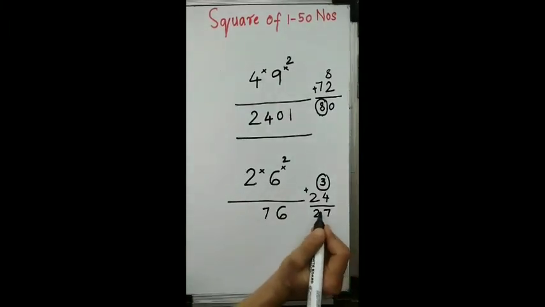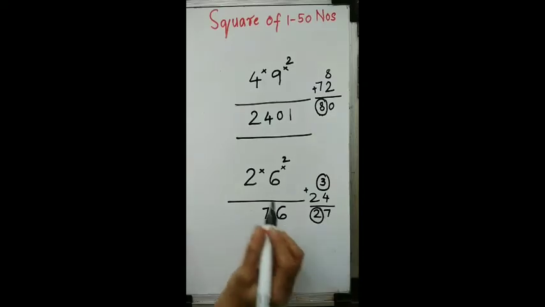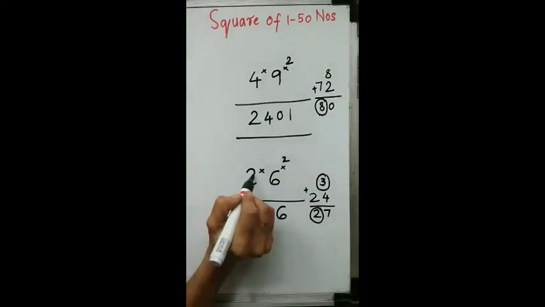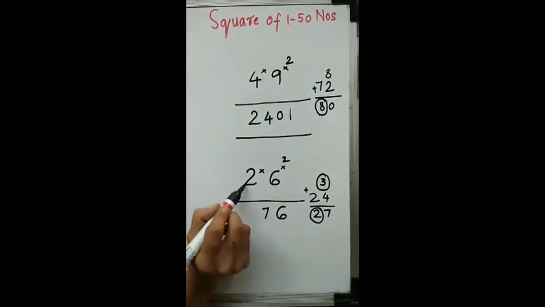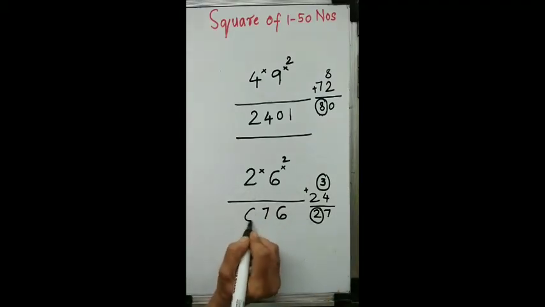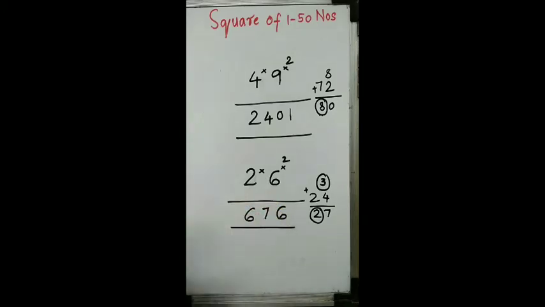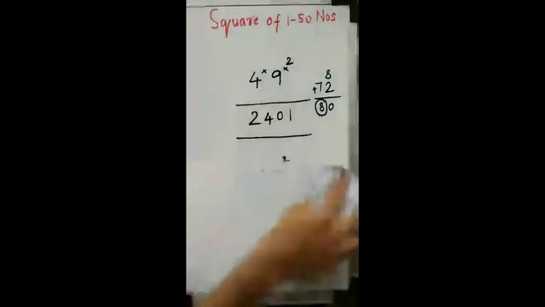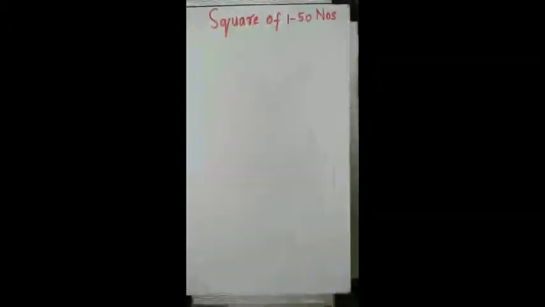Now, my next step is 2 is carried. Now, I have to square this tens number. So 2 2s are 4 and 4 plus 2 is 6. So my answer for the square of 26 is 676. Are you getting this, children? Let us see some few more examples and we'll try to solve it.